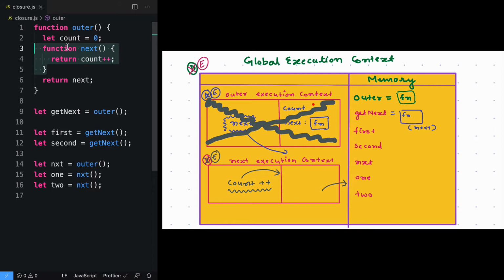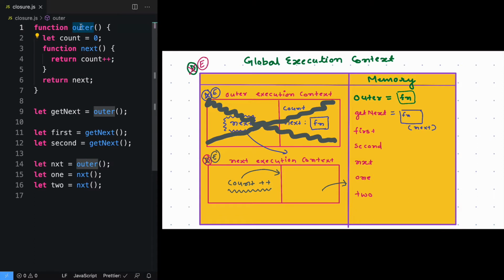You can see that variable is here, but as you already know, as soon as a function returns something, in our case at this point of time, it is garbage collected or deleted. That's why we have crossed it, right? So after doing this experiment, what we get to understand is there is one concept that is still missing from our understanding. And that concept is whenever there is a function created inside another function, so here we are creating a function next inside a function named outer.